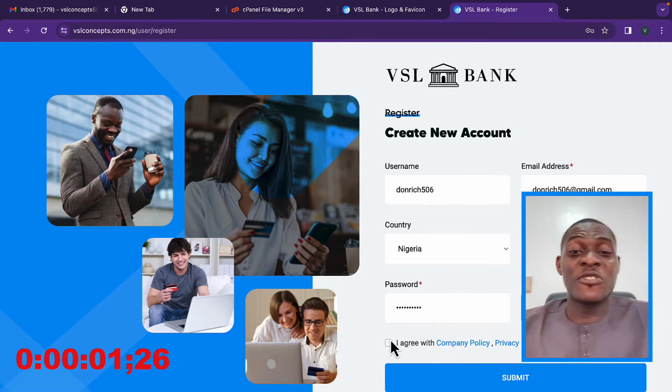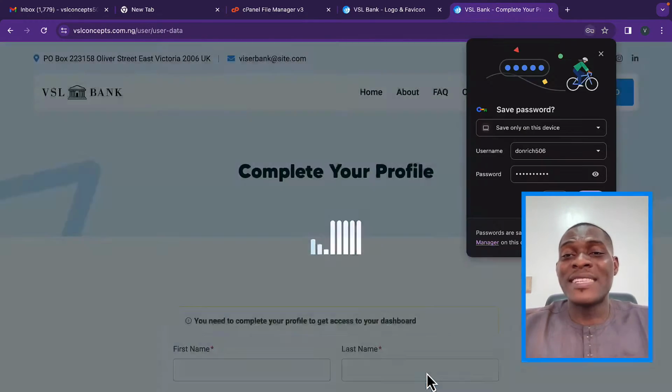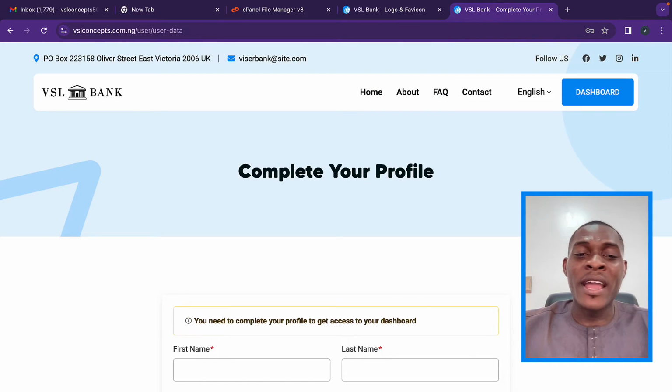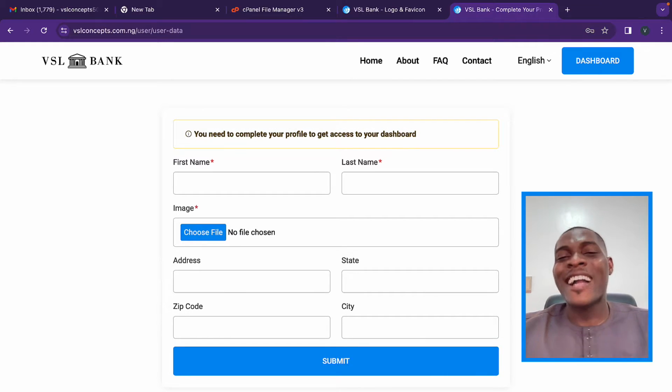So we are now registering as a new user on this bank. After putting that information, you are now going to be brought up to this point where you should complete your user profile before your account can be created. What is your first name? Richard